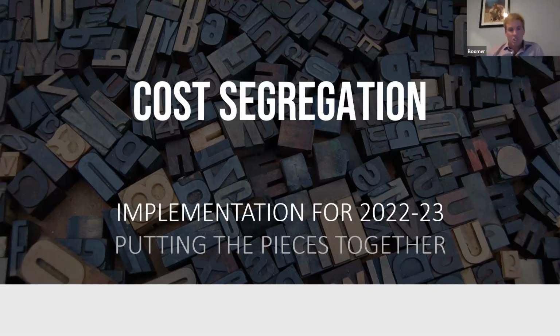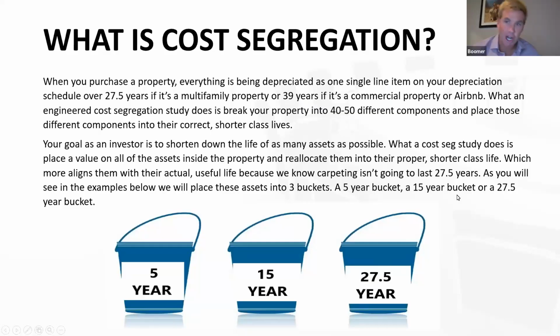Appreciate your time. So let's talk a little bit about what cost segregation is. Cost segregation is a complicated word. When most people hear it, they don't understand what it means. Basically, we are talking about accelerated depreciation. Whenever you buy a property, every single component of your property is all intertwined together and depreciated over 27.5 years if you have a multifamily property, or over 39 years if you have a commercial property or an Airbnb. So what an engineered cost segregation study does, and we are an engineering firm,